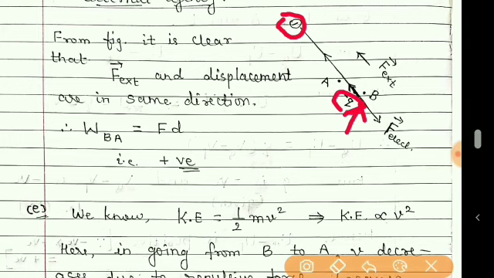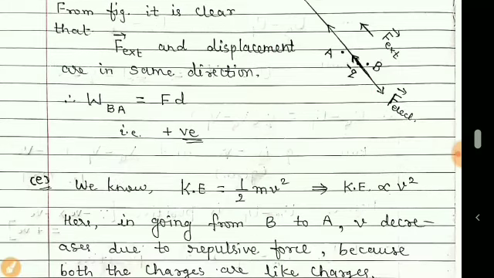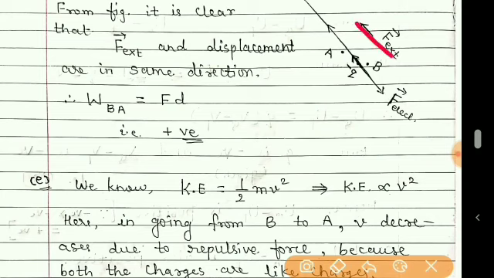So once again, the electric force is repulsive, that is in this direction, but we want to bring this charge from B to A, and so the external force required will be in this direction. So here the external force and displacement both are in the same direction, and as both are in the same direction, the work done will be positive,